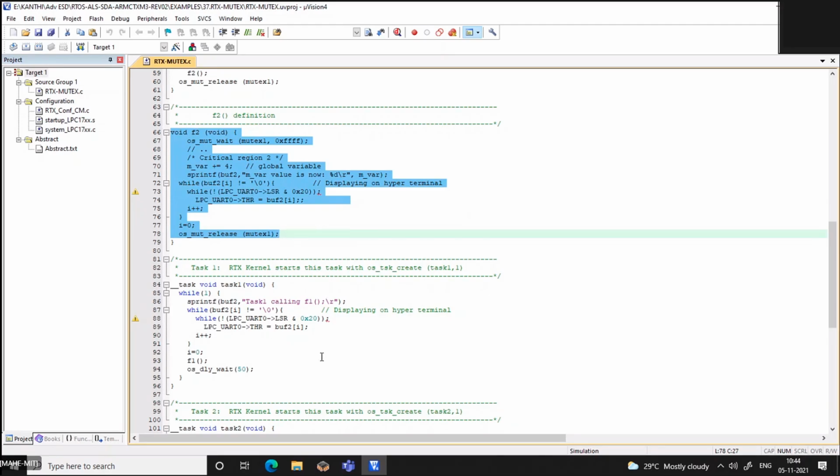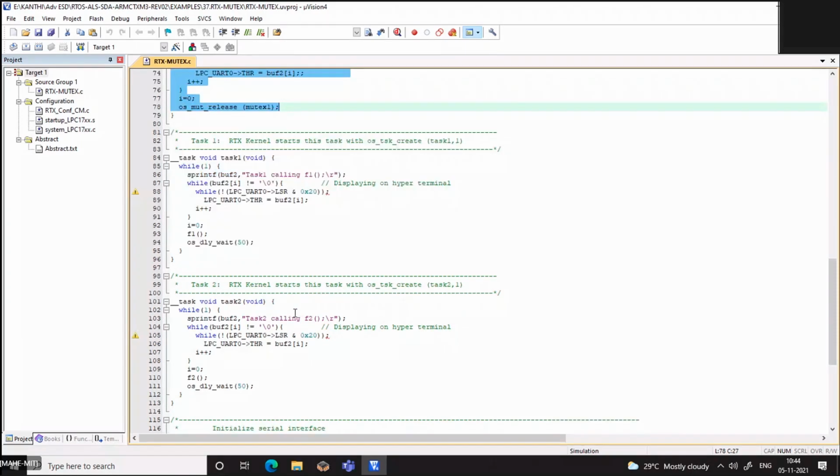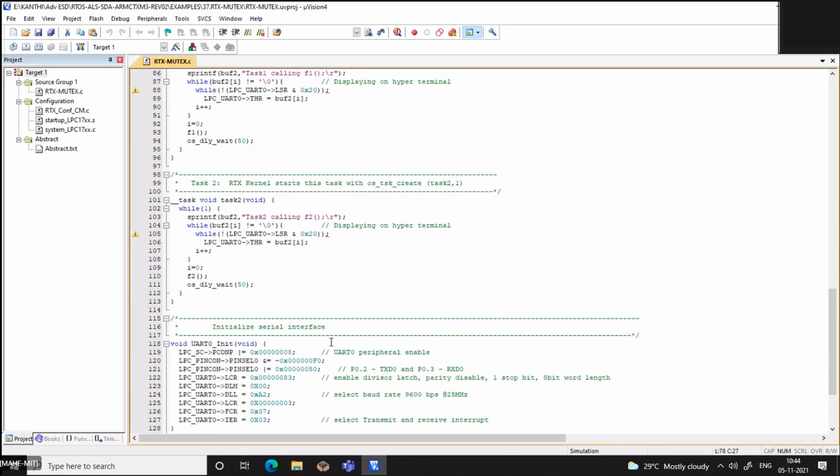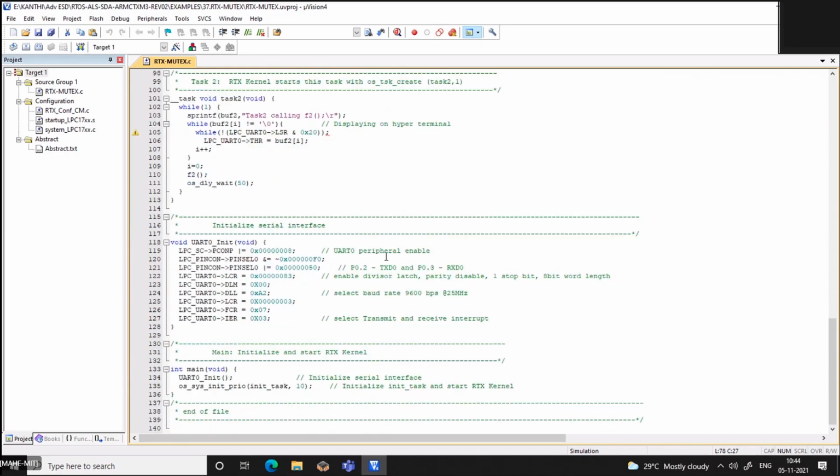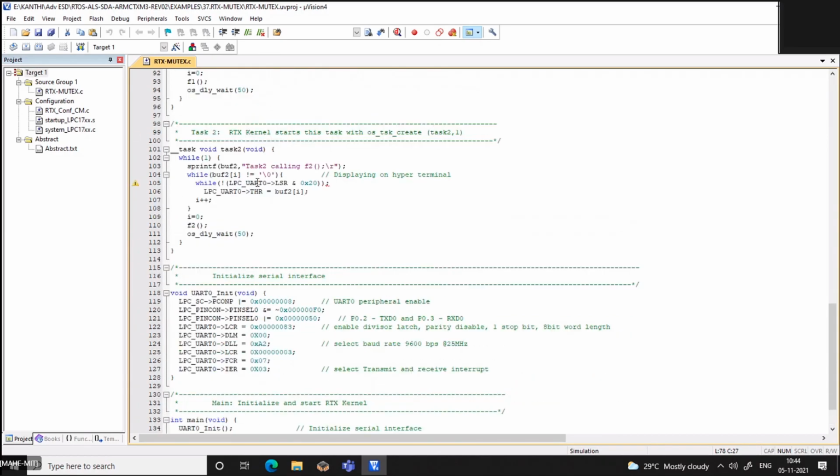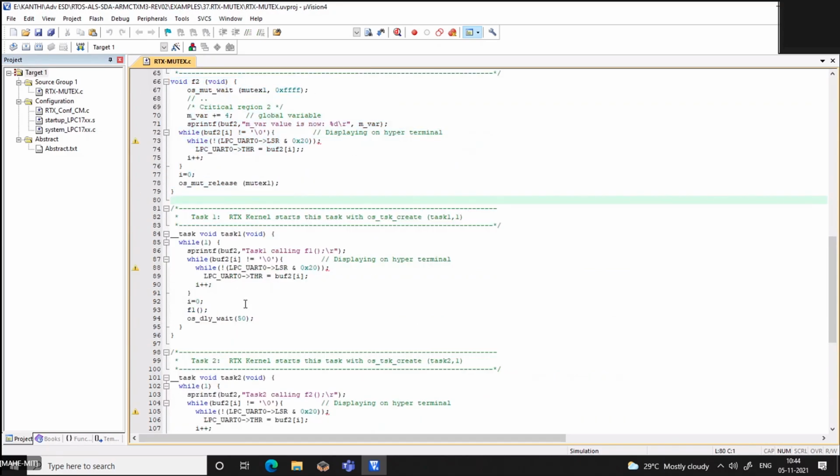Both cannot acquire the same resource simultaneously, because once one process is locking it until it is released, the other cannot use it. This is just a simple program showing how this global variable is made to change during task execution. We are not using anything else here, just making use of this global variable.